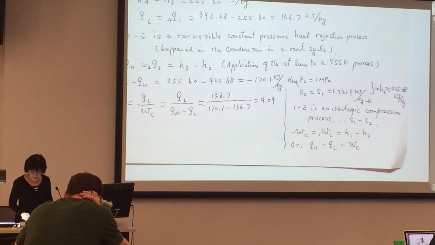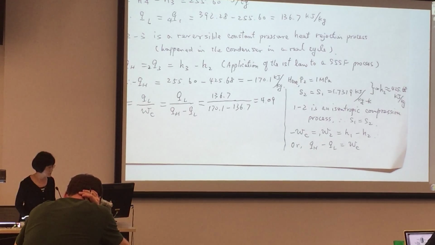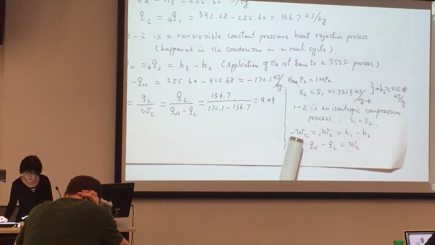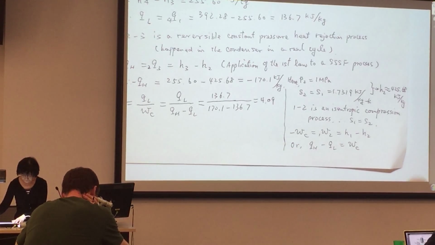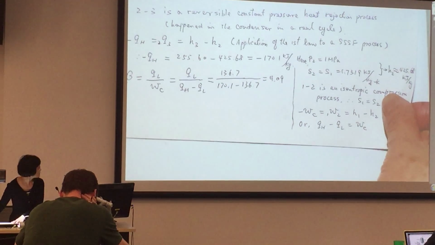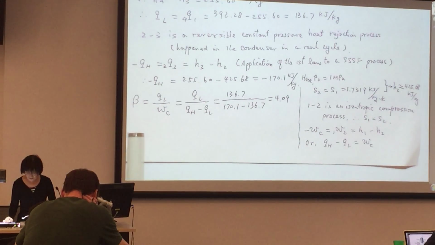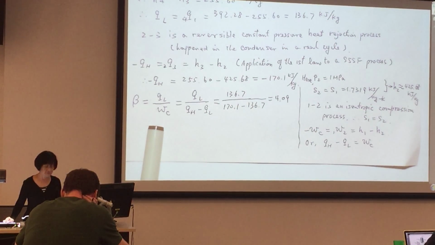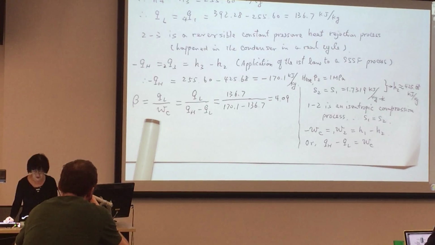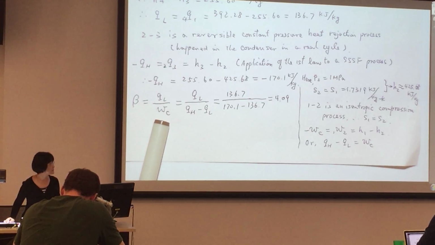Anyway, so that's the second question. The question asked for QH. So after we found QL, the coefficient of performance actually is very straightforward. And from the first law, the original